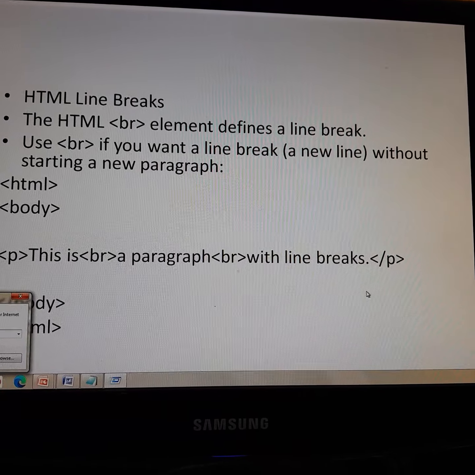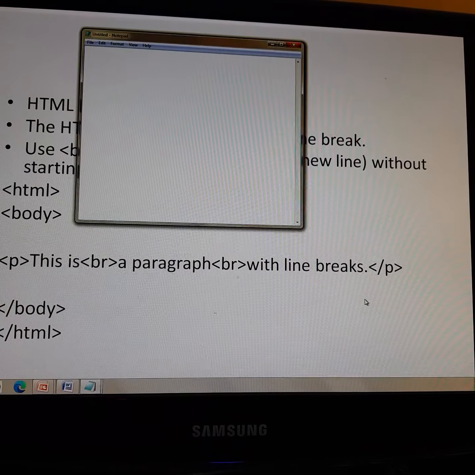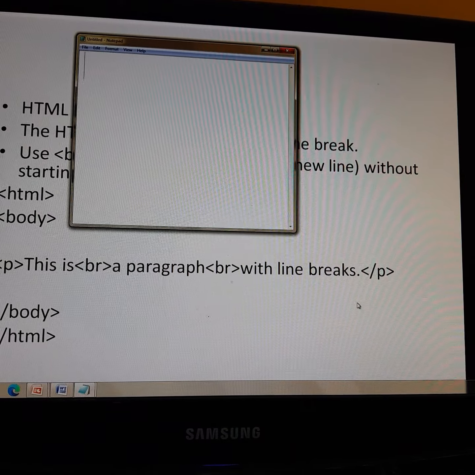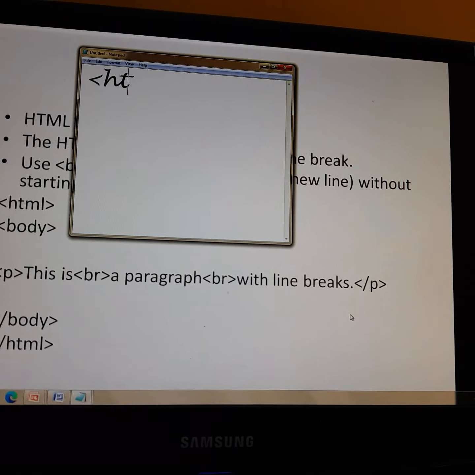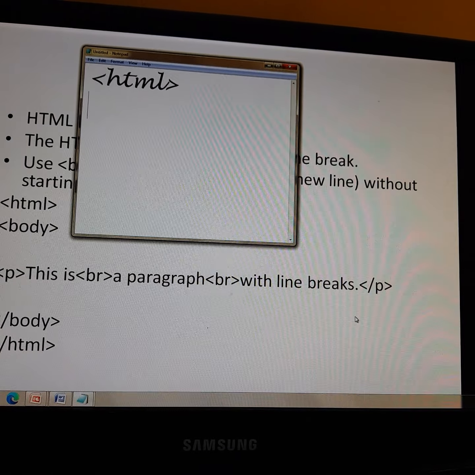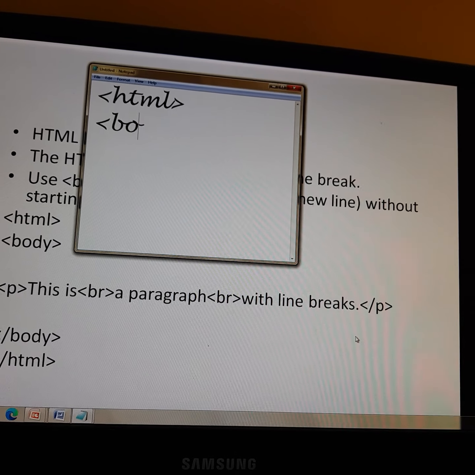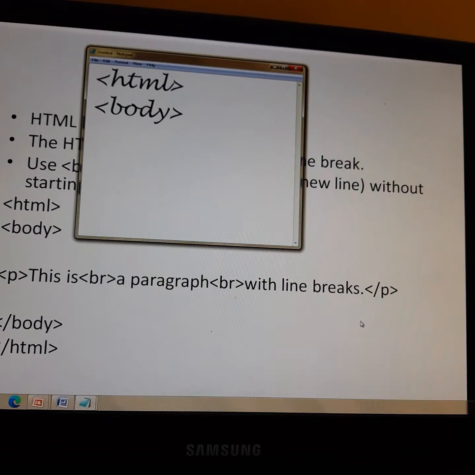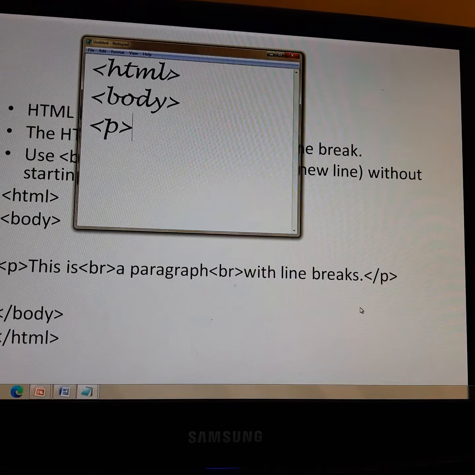So I am opening the notepad. I'll write the code: HTML, then body tag, used the p tag.